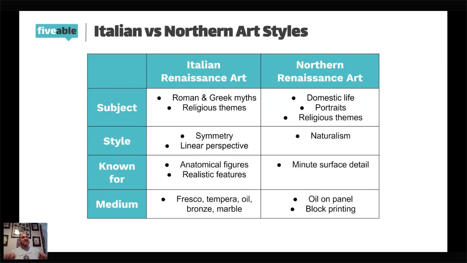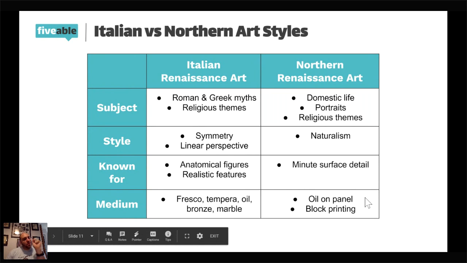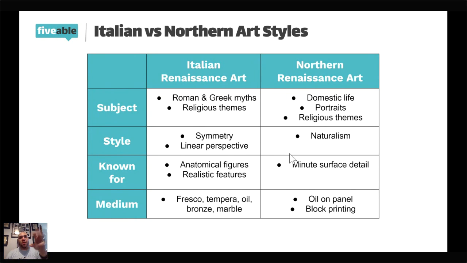But we're talking like the detail of where the ribs would be, where you would have the six or eight pack, the muscle definition in arms and in legs, and it looks real. If you look at Michelangelo's David, where he's got the sling on his shoulder and it looks like he's about to fling it, you can just imagine him actually going through the action and doing it. While in Northern art, it's that minute surface detail. You know, the little kid playing with the dog, the mom yelling out the window, the baker putting the bread in the window, things like that. It's that minute detail that really makes up the difference.